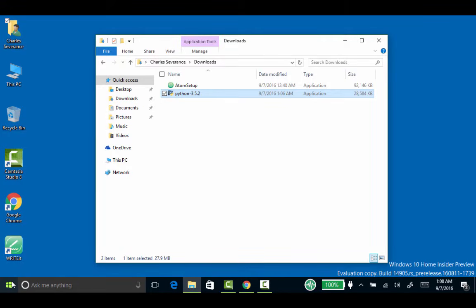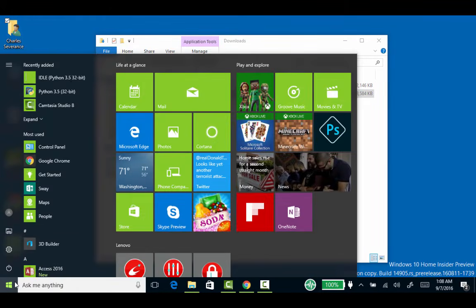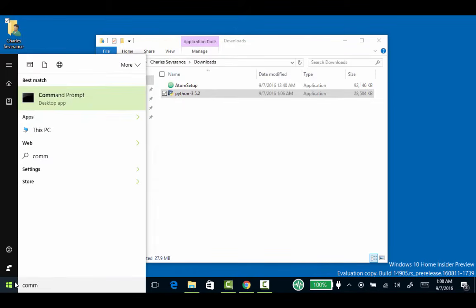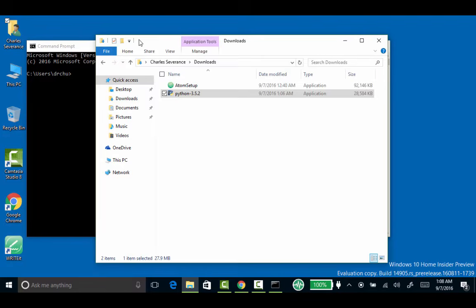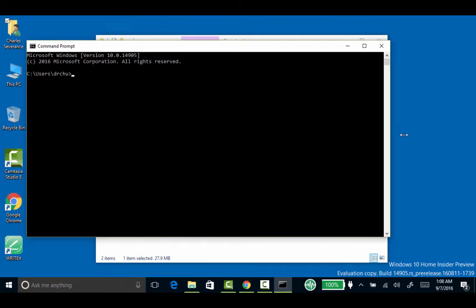Now, you may have all kinds of fancy ways to run Python, but I like running the command line, because after a while, it's important to know what folder things are being run in.